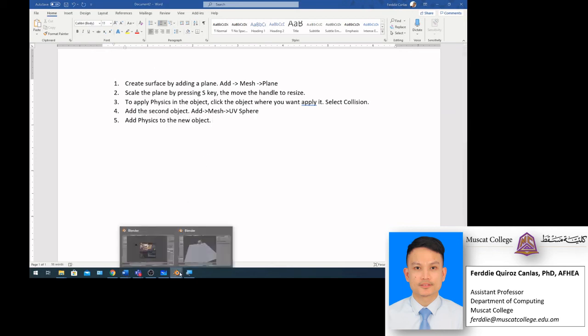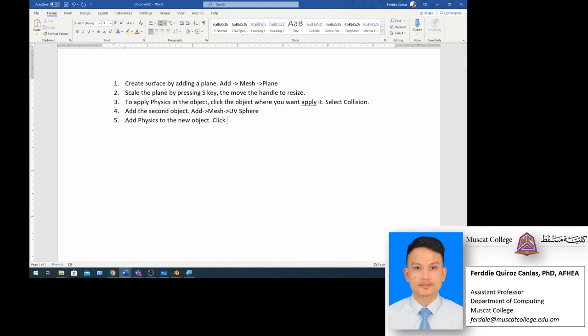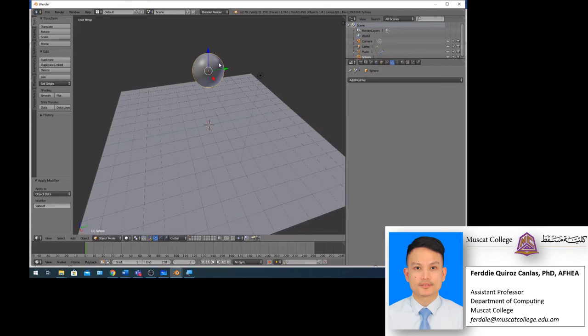Okay, so what we will do is, click it, that's the rule, you have to click the object. Because if I click this, I'm going to this one, but I'm going to click the ball, click this and then go to physics again,